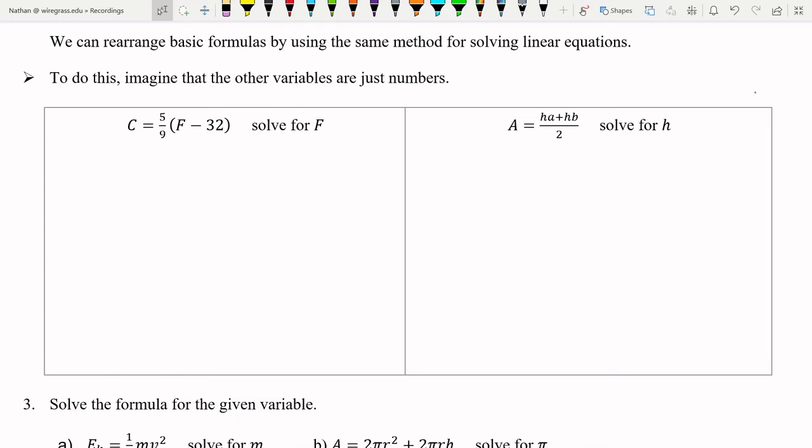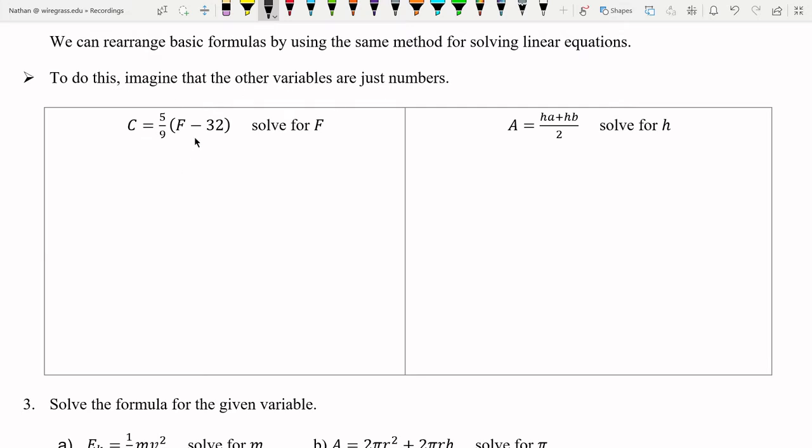We can rearrange basic formulas using the same method that we did for solving linear equations. So taking this formula here, I'm just trying to solve for f. So I'm going to imagine c is just a number, okay? And then we're going to move it around like a number. We're not going to evaluate anything with it, but we're just going to move it around like we did with